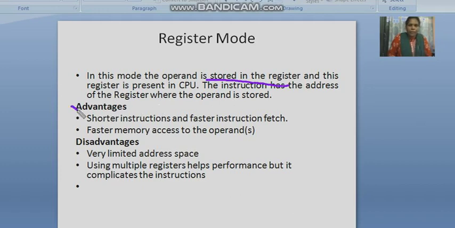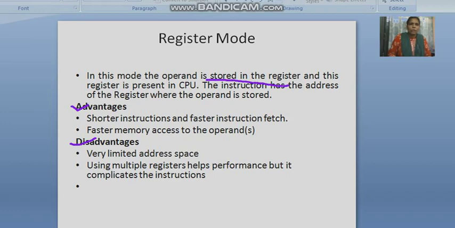The advantages of register mode: shorter instruction and faster instruction fetch, and faster memory access to the operand. The disadvantages are very limited address space. Using multiple registers helps performance, but it complicates the instruction.